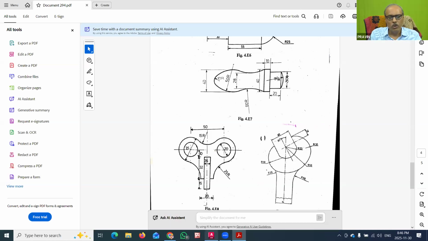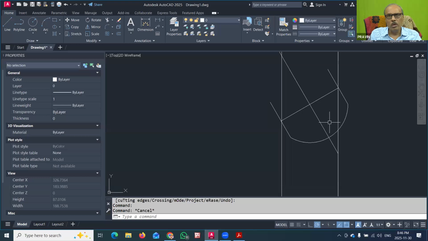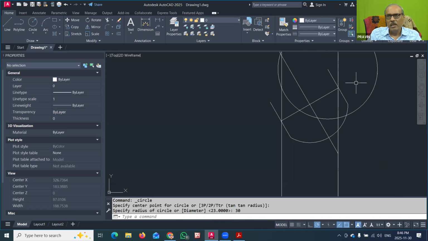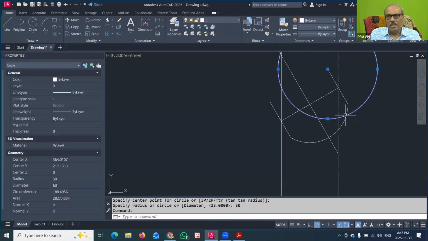So now what I will do, look, we have to look carefully. I will use the circle command and draw a circle at this end. Here I will give the center and then give the radius of 30. And now you can see that this circle I have just drawn is intersecting at this point.